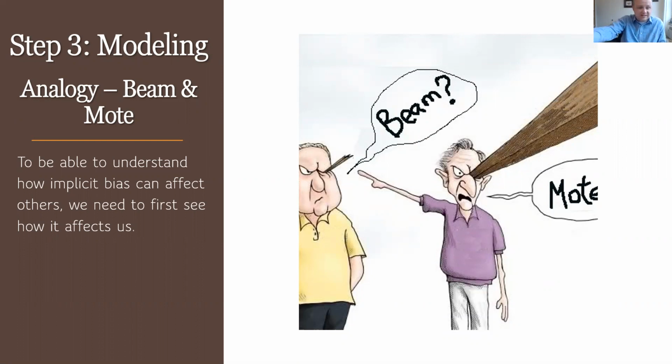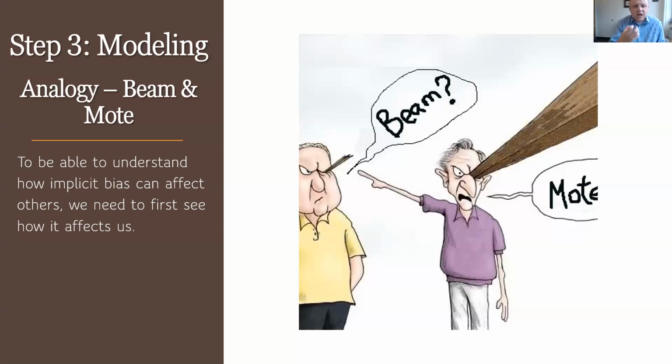And you're able to point to somebody else and say, hey, look, they've got that in their eye. They need to get that out. They've got to get that fixed. But you're not seeing yourself. And so with this little cartoon we've got here, we've got this gentleman in the middle with the purple shirt on. He's got this massive beam in his eye, right? It's blocking the way that he can see, the way that he can function, the way that he can interact with those around him. But he's so concerned about the guy next to him in the yellow shirt who's got this little moat in his eye, right? Same thing with implicit bias. Oftentimes, we can see it in other individuals, but we can't see it in ourselves.